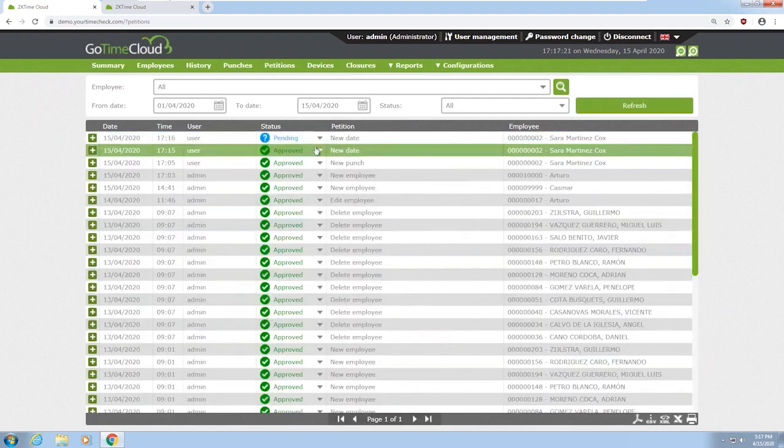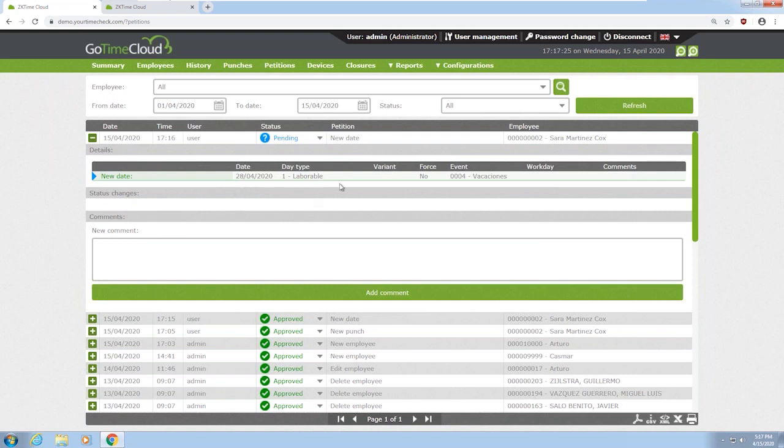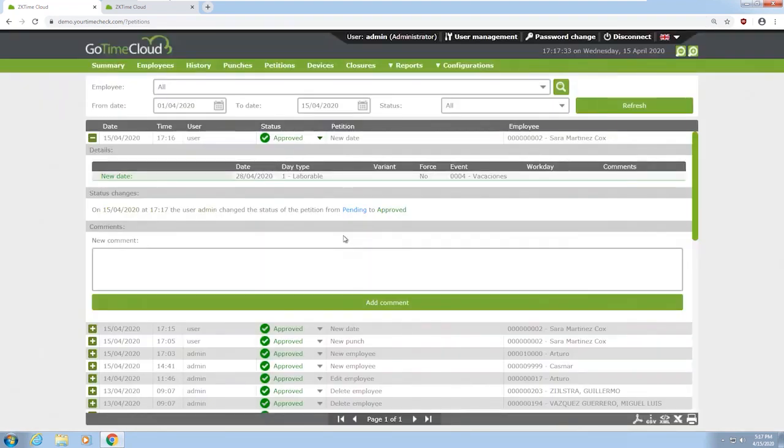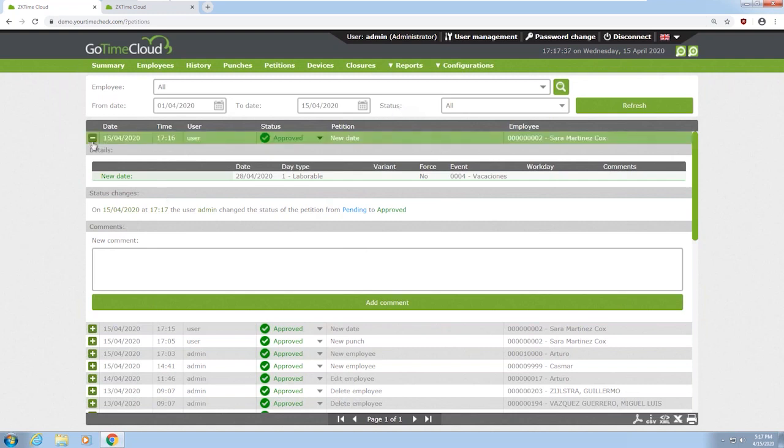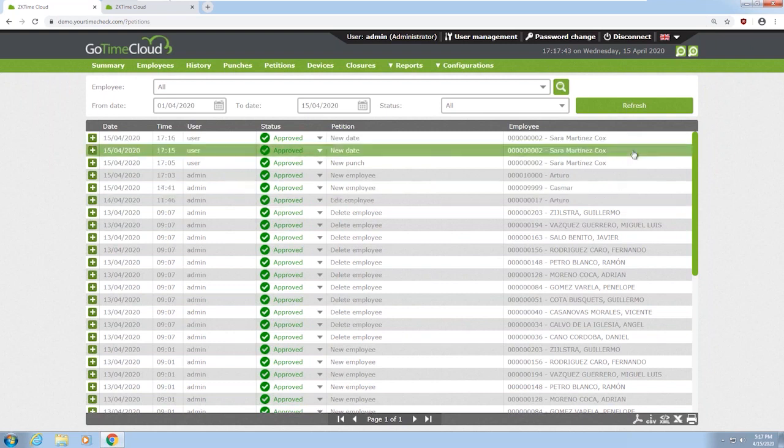and I have the option. Okay, you can see what it is asking me. The 28th of April was the day of holiday. Okay, I'm going to accept it and approve the request. And that's it. That is more or less how the main functions of GoTime Cloud work, how it's used, and for what